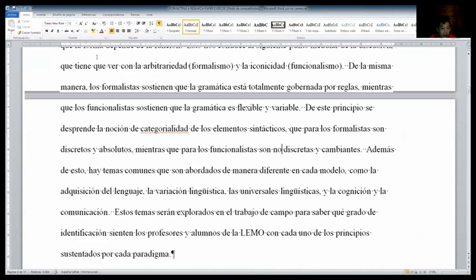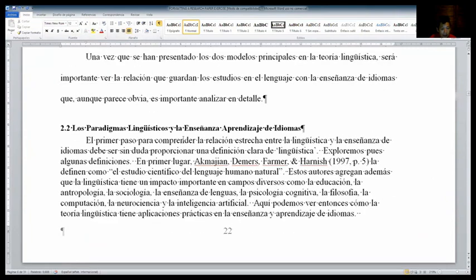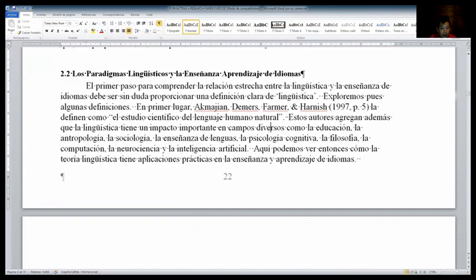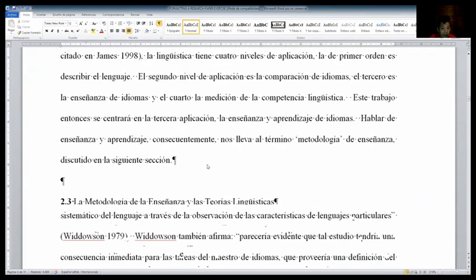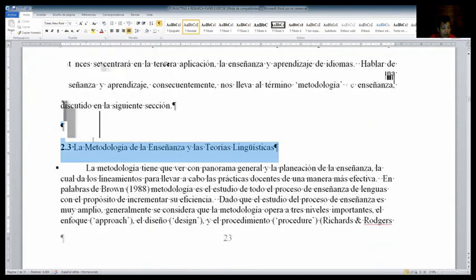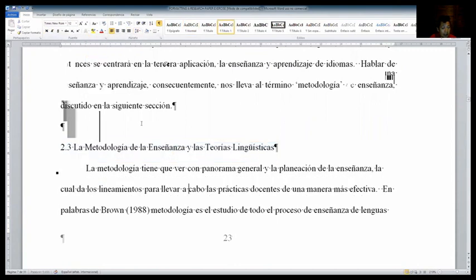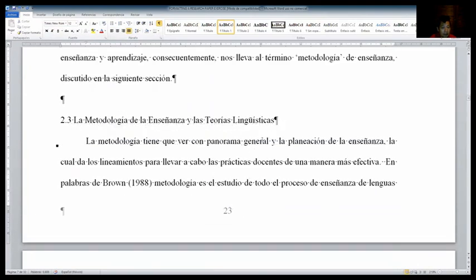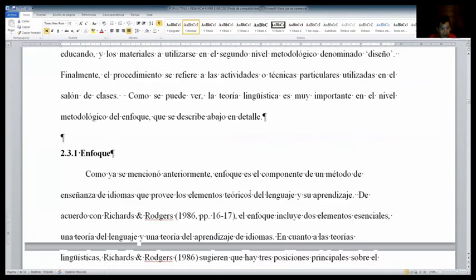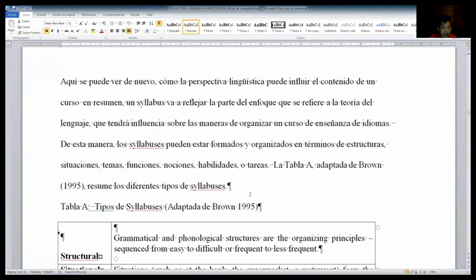So we keep going, justify the text. I have a problem here. We need to double space the text, and then I justify it in the same way. Same thing happens here. It has to be in bold, double space, and justified. There it is. It should be in quotes. Now I'm going to keep going to the part of the